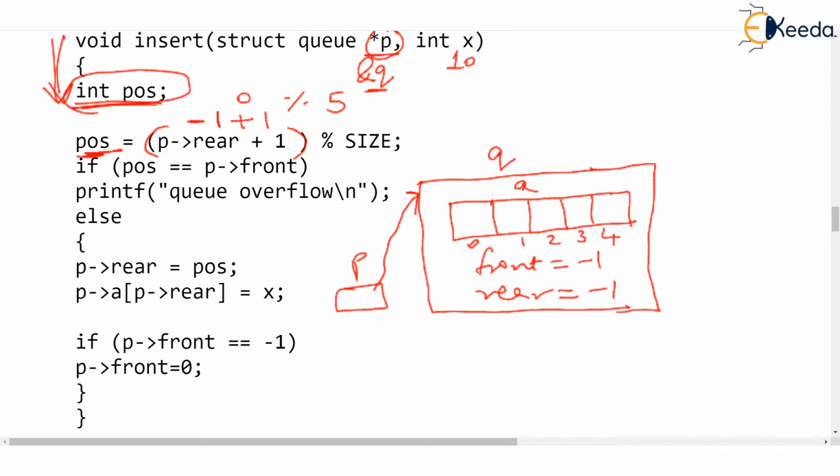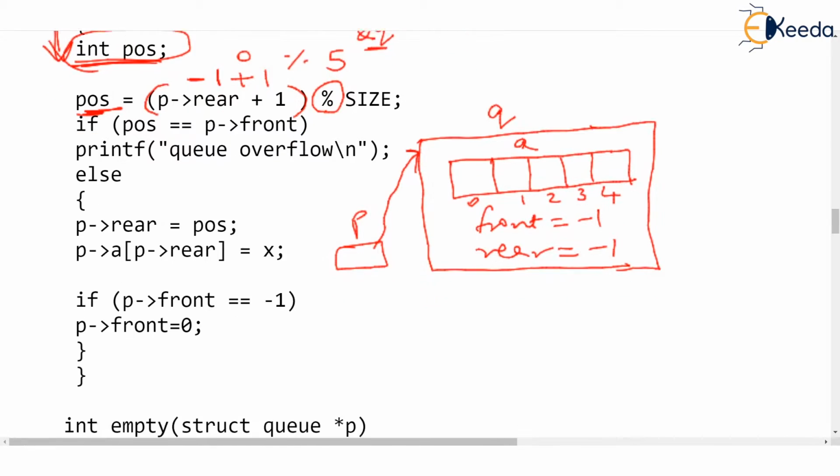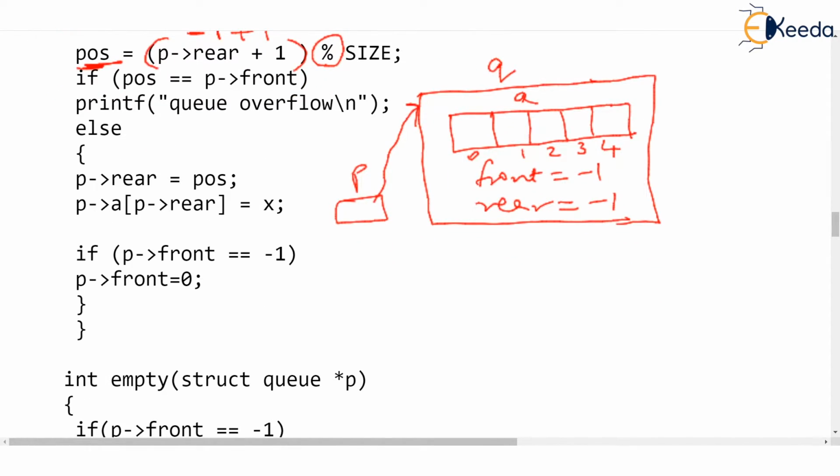Now this percent operator, as you all know, is the remainder operator, mod operator. Well, it is expected that you know what the percent operator is, but just do a short revision. If you are asked what is 5 % 2, then 5 % 2 is 1, because 2 into 2 is 4, and what remains is 1. So what if you are asked what is 1 % 5? Just check this, 1 % 5. It is 1.